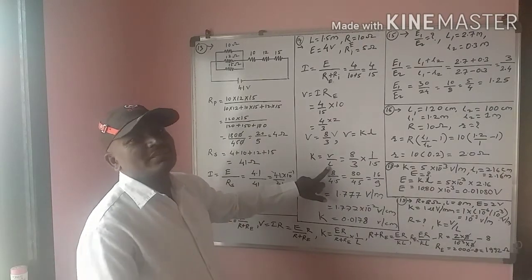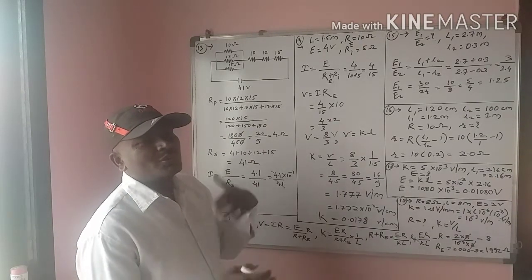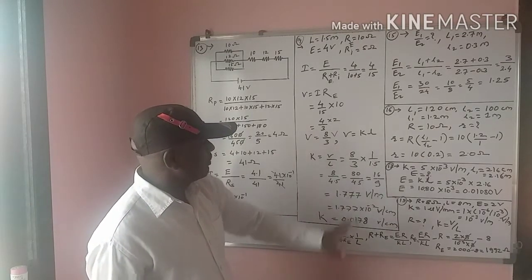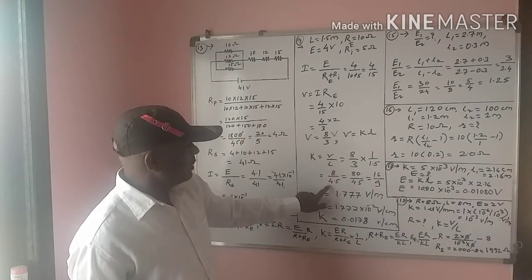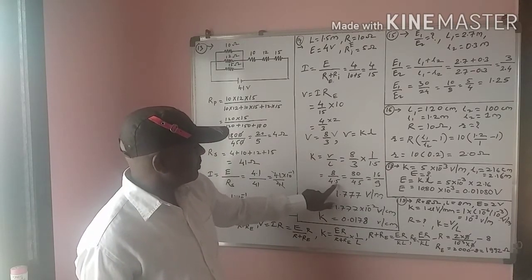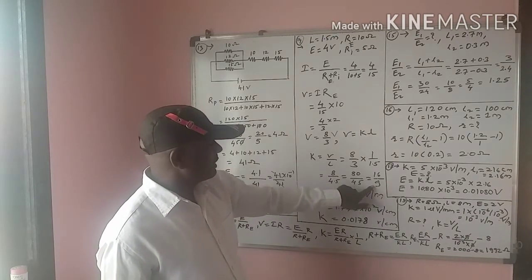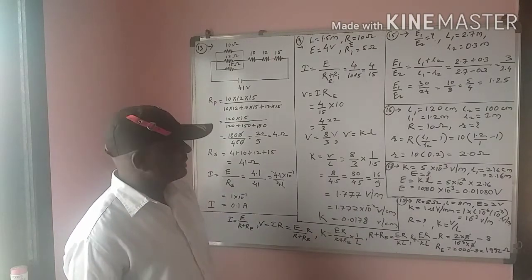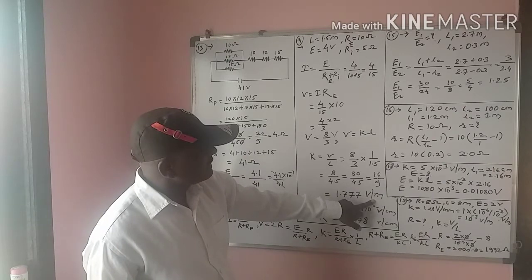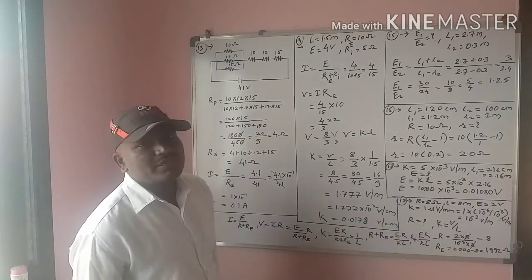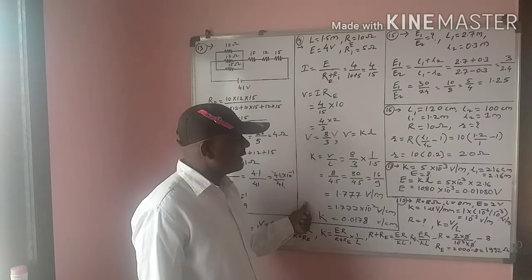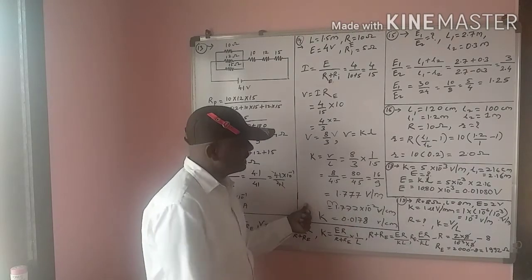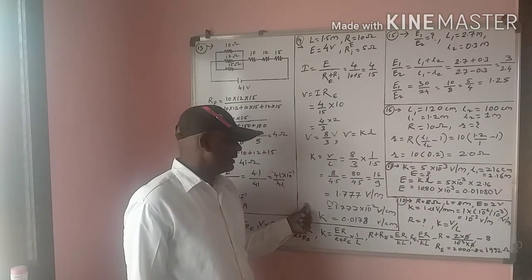If a whole term is in the denominator, then the numerator goes to the denominator and the denominator goes to the numerator. So we write here 8 by 3 into 1 upon 1.5. Again 8 upon 4 3s are 12, that is 4.5; 80 divided by 45, that is 16 divided by 9. And we get here 1.777 volt per meter. But this meter is converted into centimeter, so we multiply by the conversion 10 to the power minus 2, which means the decimal is shifted by 2 digits, and so we write 0.0178 volt per centimeter is the potential gradient.